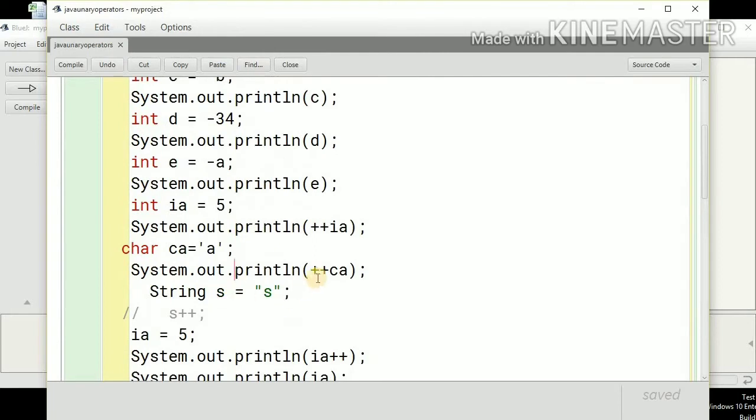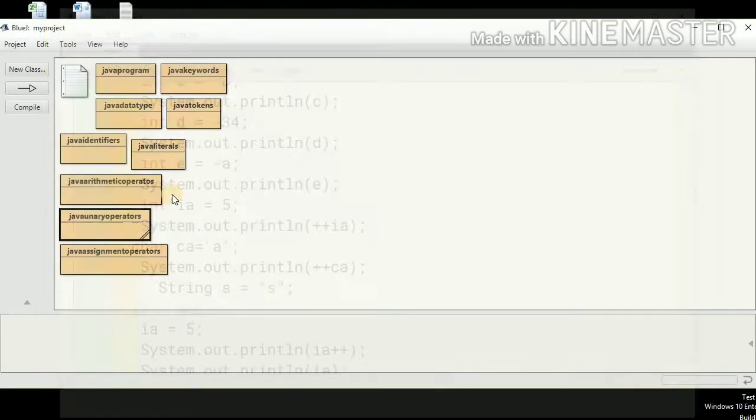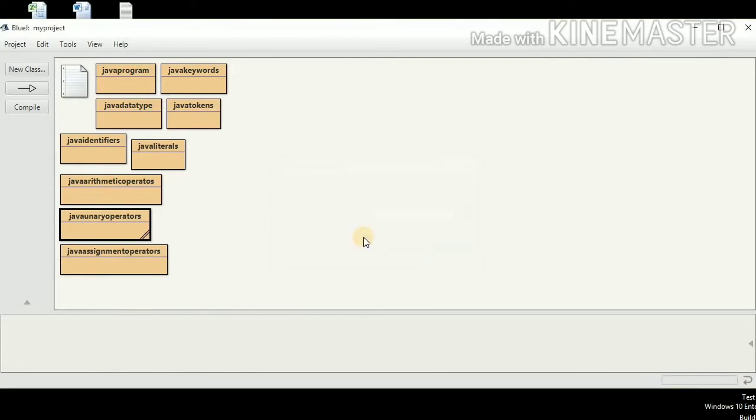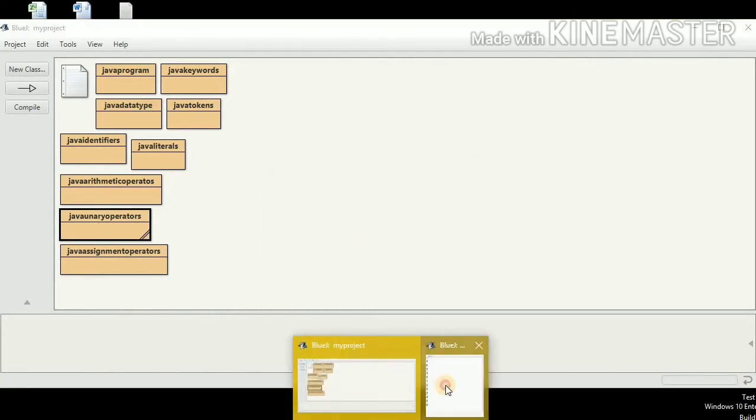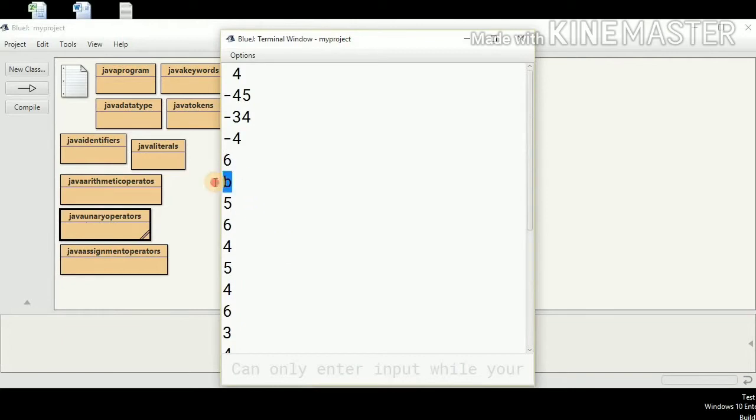Now let's talk about whether we can apply this increment operator with character variables also. Yes, we can also apply this with a character variable with the same fundamental. I have used a character variable where I have stored character a. So small a has the ASCII code of 97, and if I apply a plus plus, this will increase from 97 to 98. And the character at 98 position is b. So the output of this should be b. Let's check the output of this. So you can see that the output of this is b.